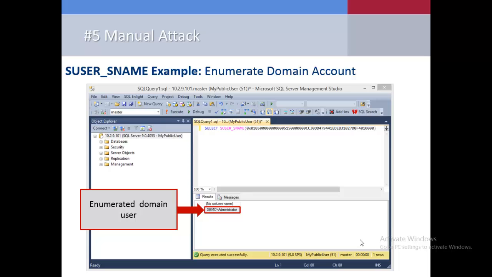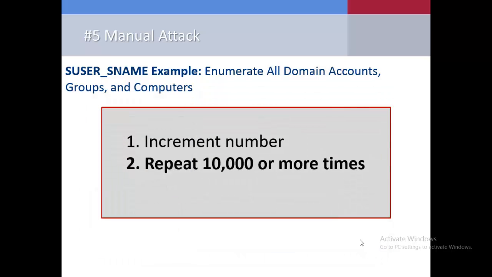So I've now blindly enumerated one of the domain administrator accounts, the default administrator accounts for the domain system. That's pretty powerful by itself, and this becomes really impactful when we start incrementing. If I want to guess the next user or next object, I increment the number by 1, and then I repeat that 10,000 or more times. Especially for larger environments, you're probably going to go over 10,000. And you're going to get not only the domain accounts, but also domain groups and domain computers. And this is pretty impactful during a net pen, especially if it's an external pen test,